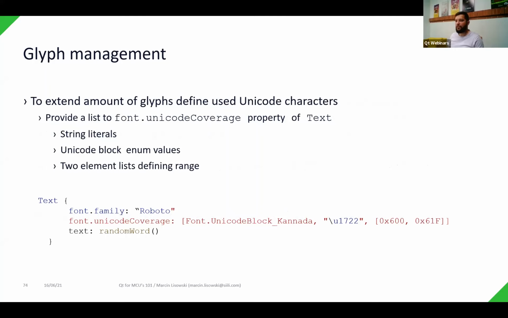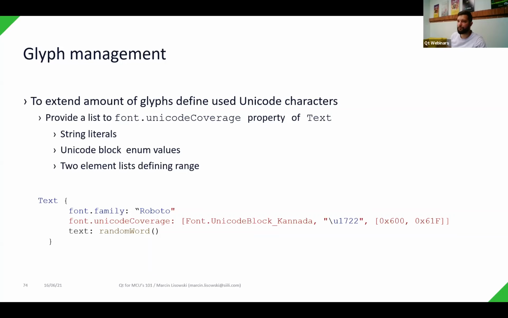So in one of your text elements, you just have to provide additional Unicode coverage, which can be a whole defined block, which you can find in the documentation online. You can provide a range of glyphs by providing the start and the stop values,